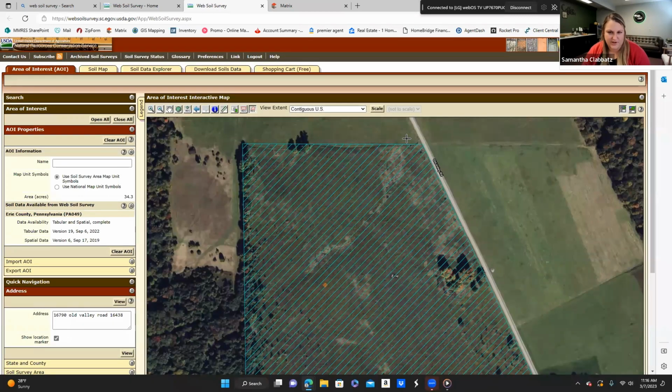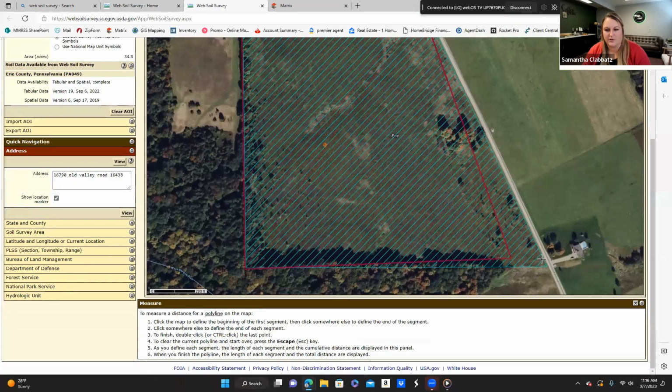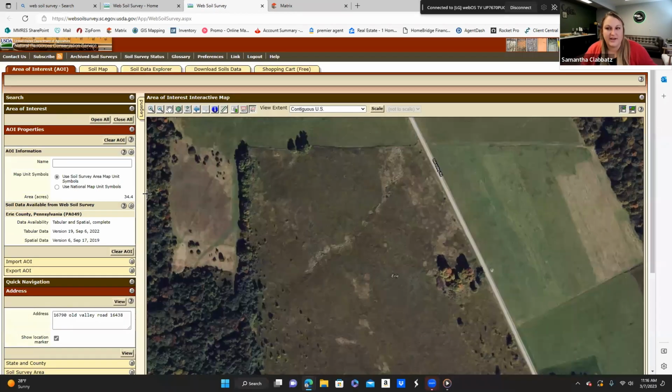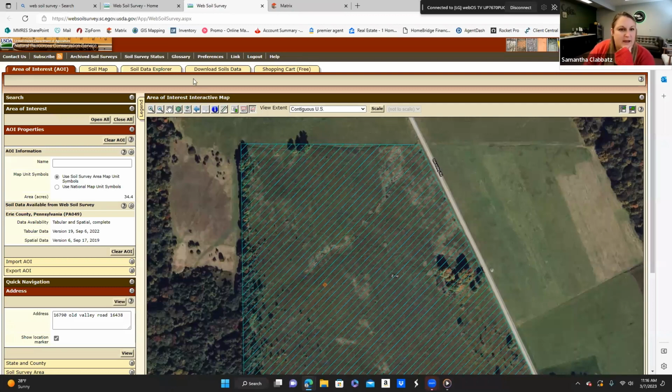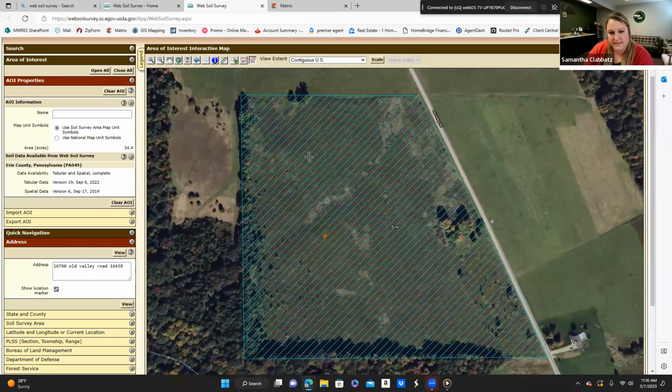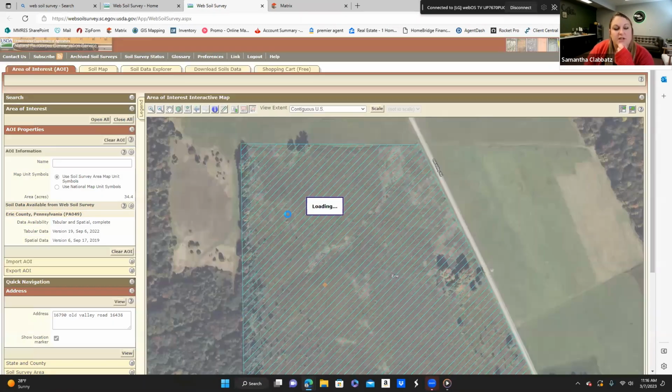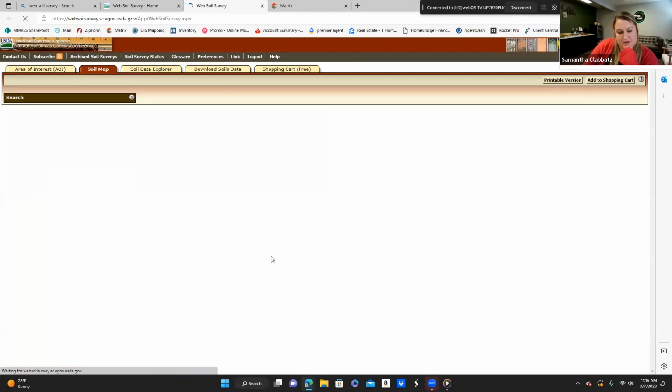There you go, 34.3. And obviously, if you tweak it little bits here and there, you might be able to get closer to your actual acreage. But you'll see why it doesn't particularly matter all that much when you get into the mapping of it. So once it's mapped, this is your area of interest. This is what it's going to show you soils for. So if you click on this soil map,